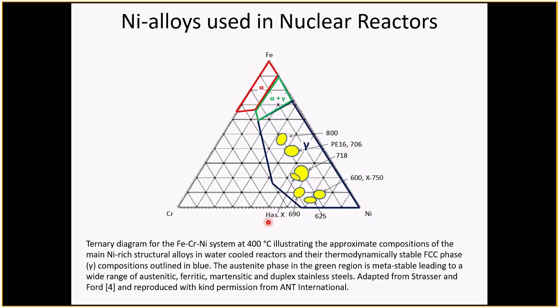Hastelloy X is a high temperature nickel alloy. It's used for high temperature applications. There's another variant, Hastelloy N, which is a slight variant. Hastelloy N, I think, is somewhere around this region, but I don't have it on this diagram. Hastelloy N has too many other elements to be on this ternary phase diagram. Hastelloy N is used in molten salt reactors. Hastelloy X is a candidate material for some of the high temperature gas reactors which are being planned for the